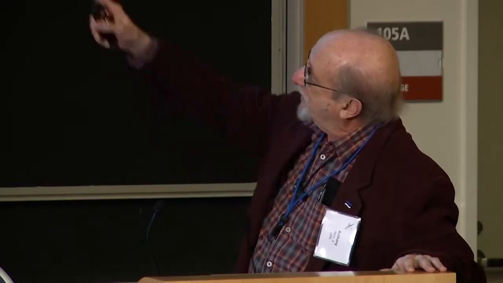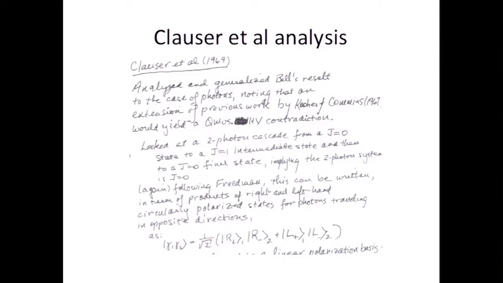Now, basically, the experiment proposed by Clauser and company was an extension of Kocher's experiment, which used a two-photon cascade in calcium, in which the cascade goes from a spin zero state down to an intermediate state, and then back to the ground state, which is a spin zero state, as a result of which the two photons have to be in a spin zero state together. And this is just Stuart's rendition based on Bell's later paper about hidden variables,